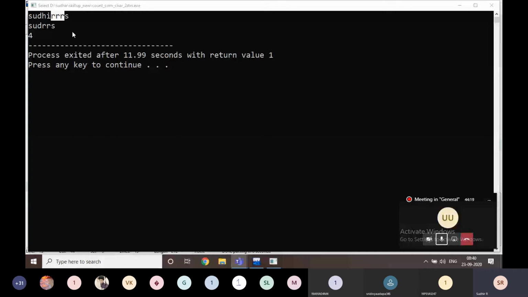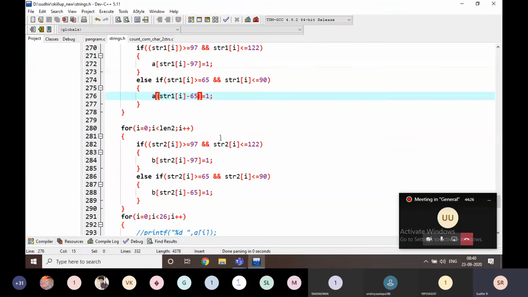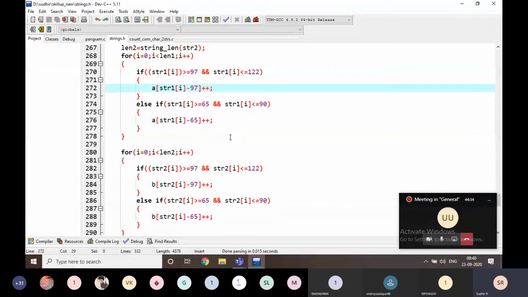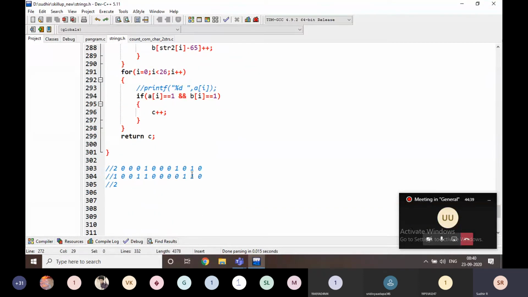Okay. Now, based on that, I am going to implement the same logic. Here, I am not using is equal to 1. I am going to plus plus again. If it is plus plus, then R becomes 3 in the first array, and in the second array it is going to be 2 here. If it is not 1, what do I have to write?